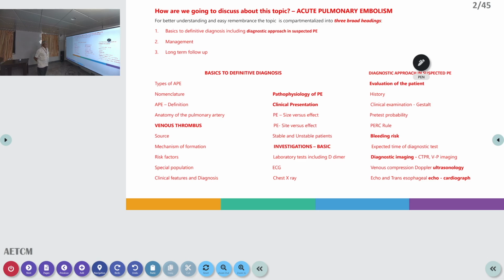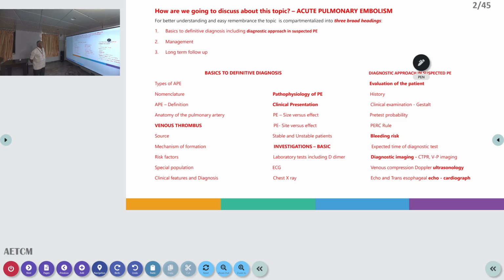Under this topic, we are going to cover acute pulmonary embolism caused by thromboembolism. There are various types of other emboli also. So our topic will be only about thromboembolism happening in the acute phase in the pulmonary artery. We have to have a clear knowledge about what is meant by embolus or emboli, what is meant by embolism, what are the various types of emboli present, and then we go to the topic per se.